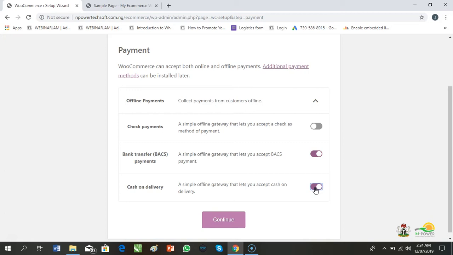Imagine investing 1 million naira into your products, and you are to send 200,000 naira worth of product out based on cash on delivery. Do you know how much would have been spent on transportation to deliver to the person? What if the person rejects?